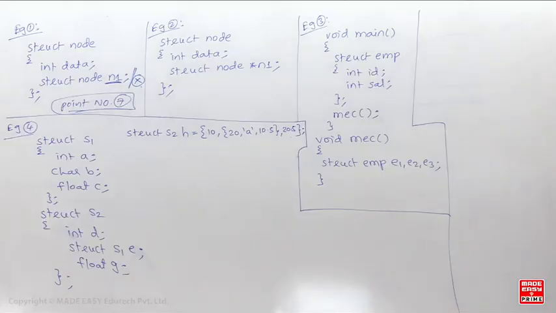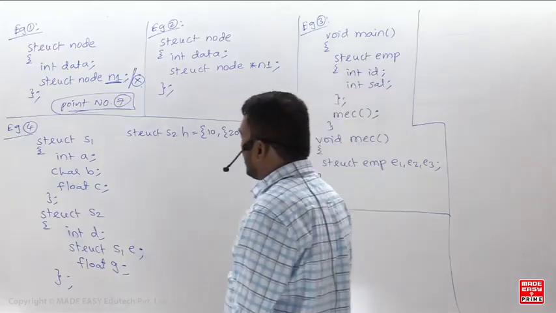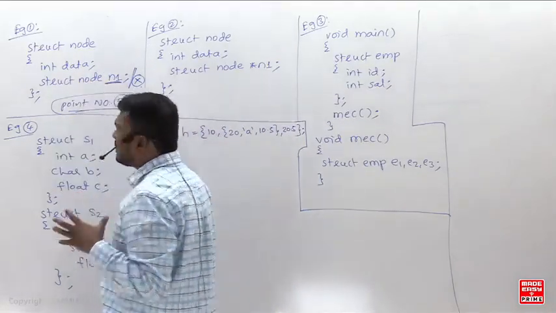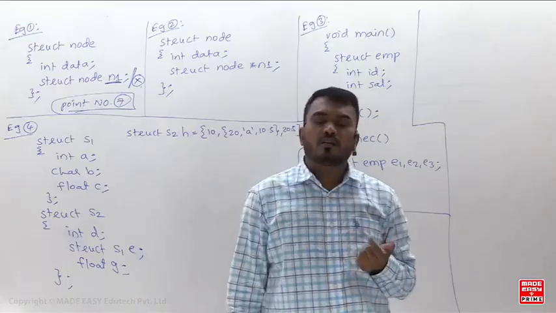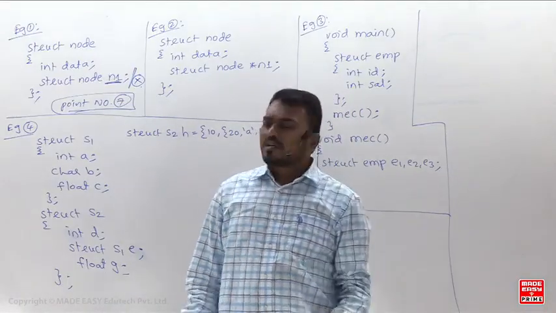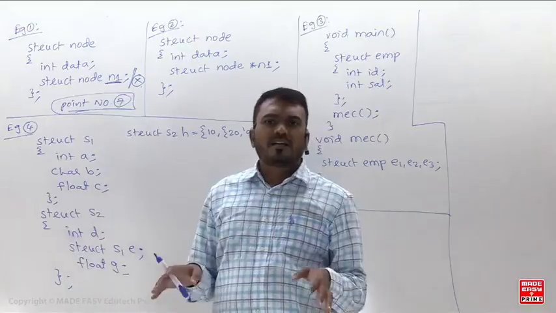Point number 7, read point number 7. We cannot create the same structure variable as a member to the structure, because logically the size is unknown. Point number 7: logically the size is unknown, so its size is not known,